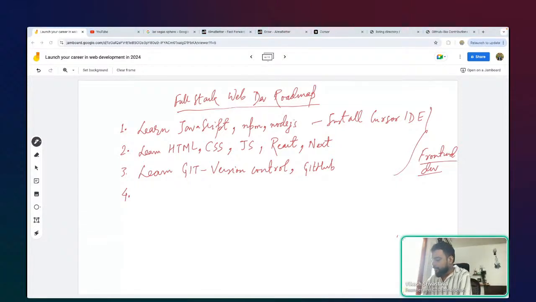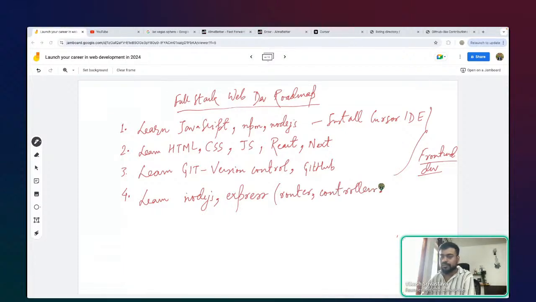So then, once you are done with this, you can then learn Node. Okay, so Node.js learn कर सकते हो, I told you. Then there is an Express library, or maybe a framework you can call, which will help us gain out of the box capability to easily spin up web servers, and build routes and controllers. So backend जब आप पढ़ोगे, you will understand routers, which handle basically more or less define our APIs. We then have controllers. These are like my main API logic. This is where I'm writing those.